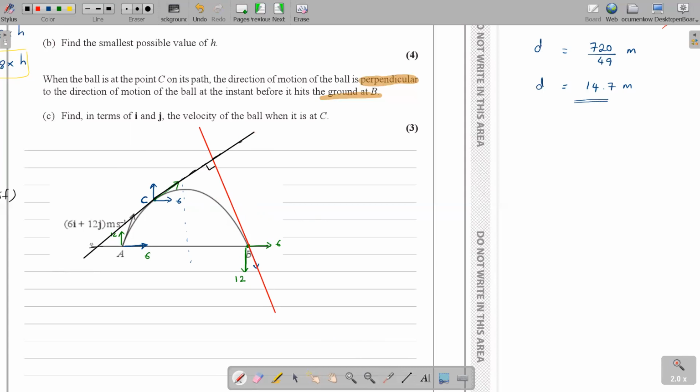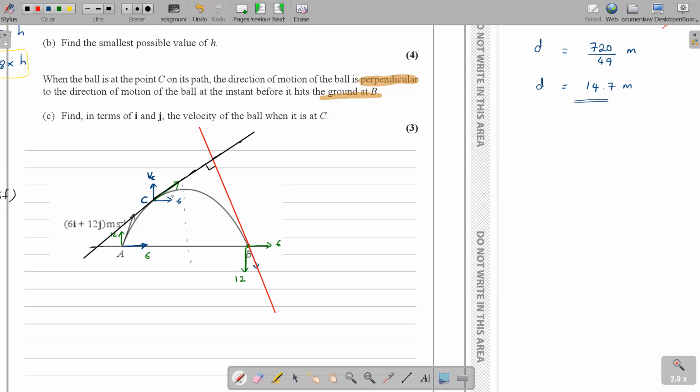Okay, right. So now see what I'm going to do. They're asking me to find the velocity of the ball when it is at C. So I want to find its velocity. Velocity, obviously, we find in terms of i and j. You can see the horizontal component is already there because it doesn't change throughout the entire motion. So horizontal component 6 is there. It's the vertical component we need. I'll say this is V2 because I have already used V1, or we can say velocity at C, VC. So we'll find the velocity component at C. This is our target.